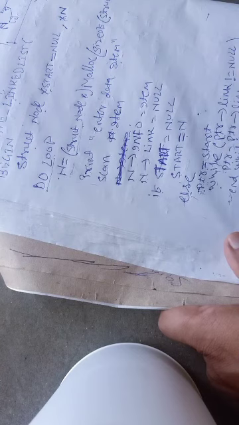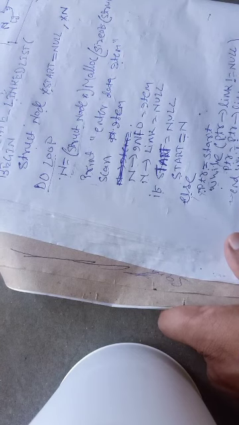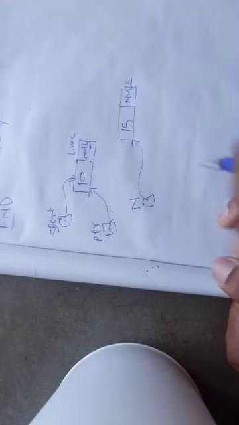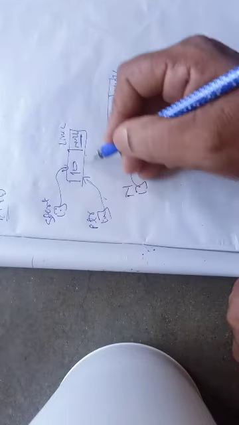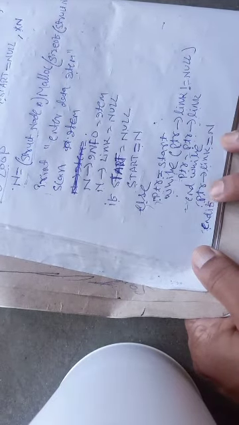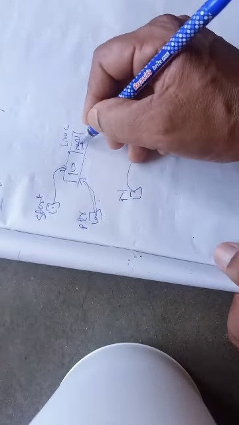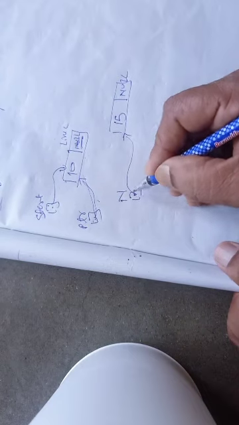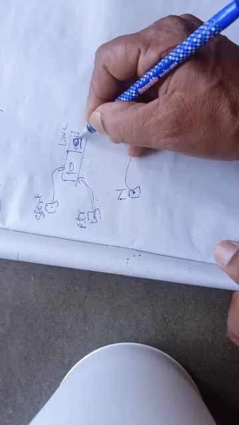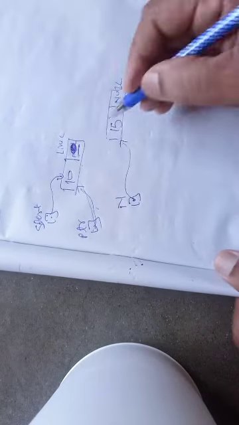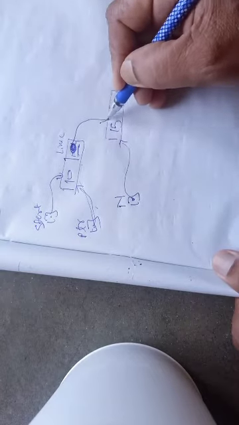Now what happens? ptr of link will change with value n. So what is ptr of link? See, the ptr of link part, right now it is null, but here I have written an assignment operator, on the right of the assignment operator is n, and on the left of the assignment I have written ptr of link. So the value in the ptr of link part will now be n. So this n value will be stored here. It will be updated with an address, so that this will point to this particular node. So now two nodes are created.